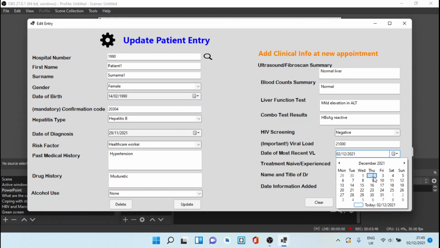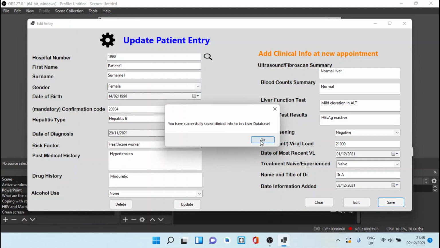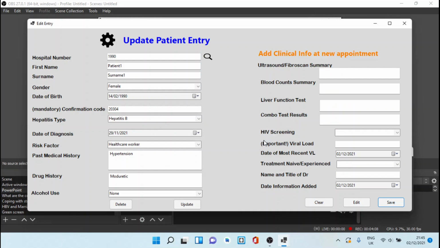This was done just yesterday, has never had treatment, and then Dr. A was the one seeing this patient today. When you save it, it says this has been saved in the database. Okay, and then you can close this part